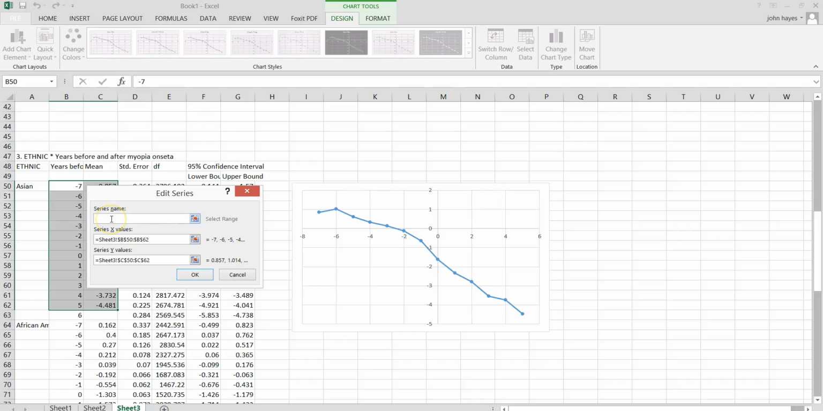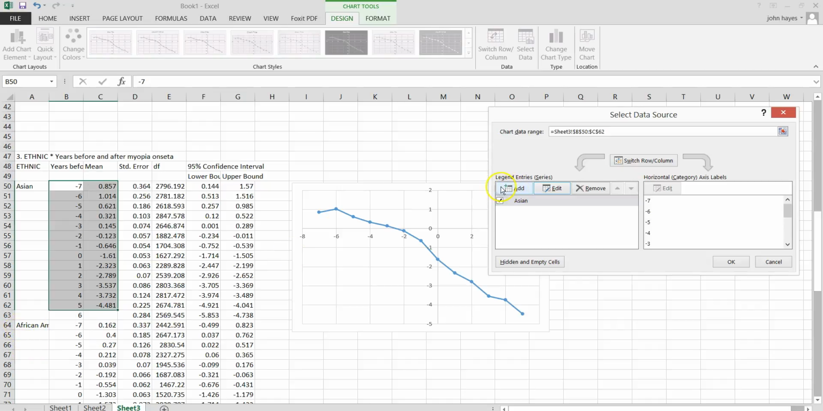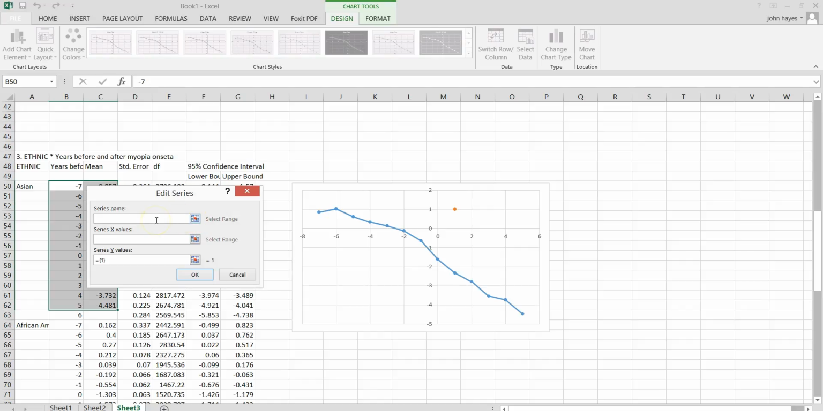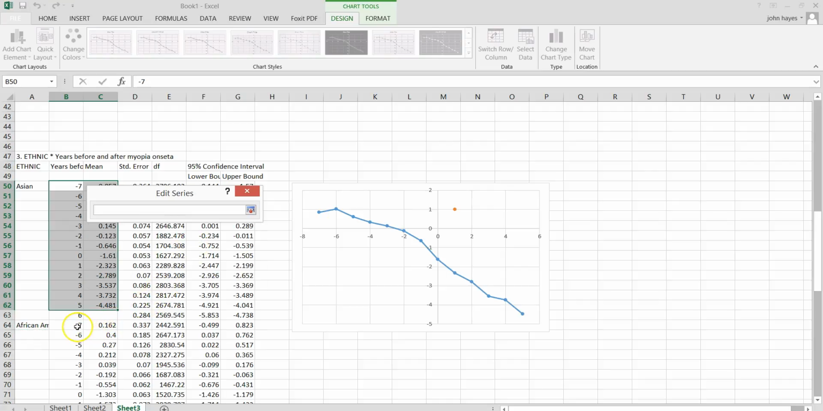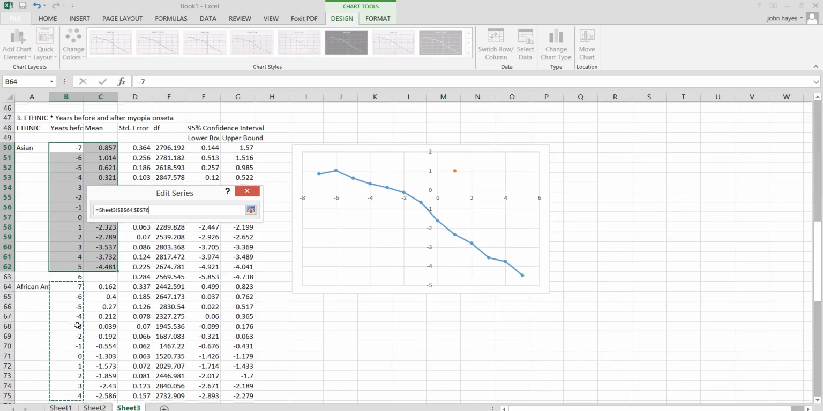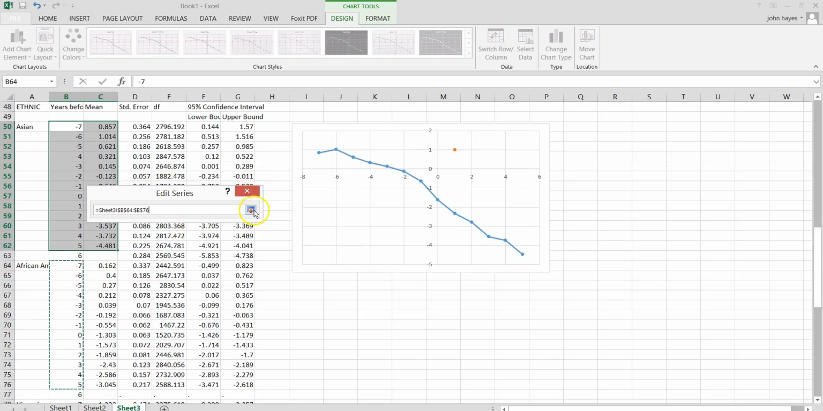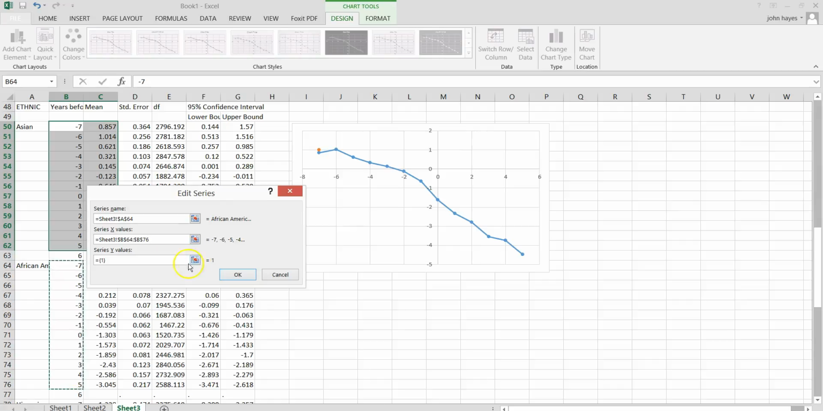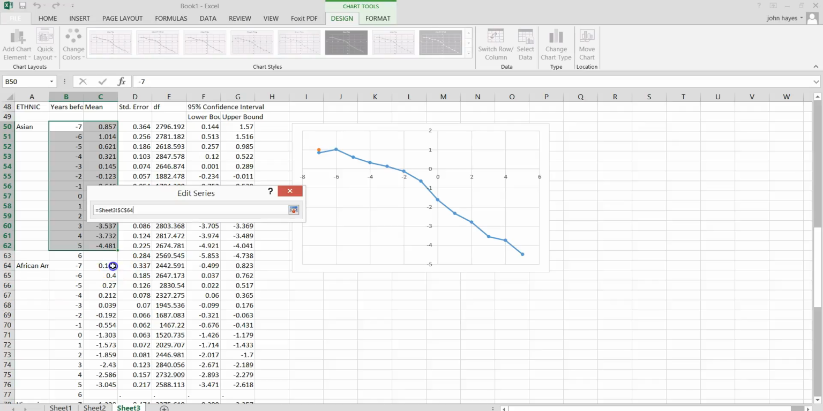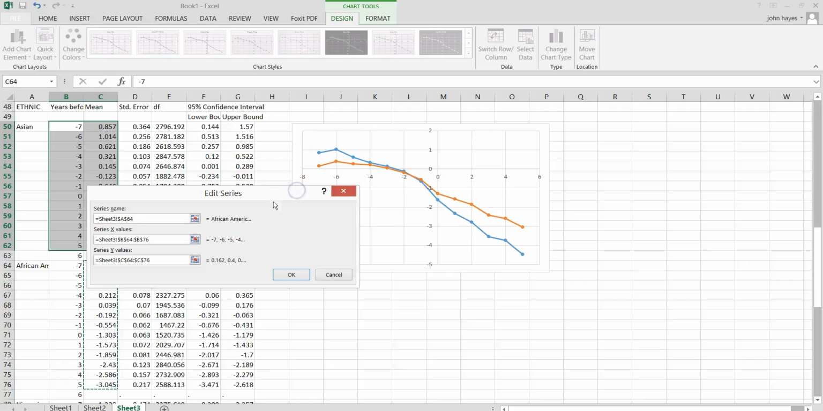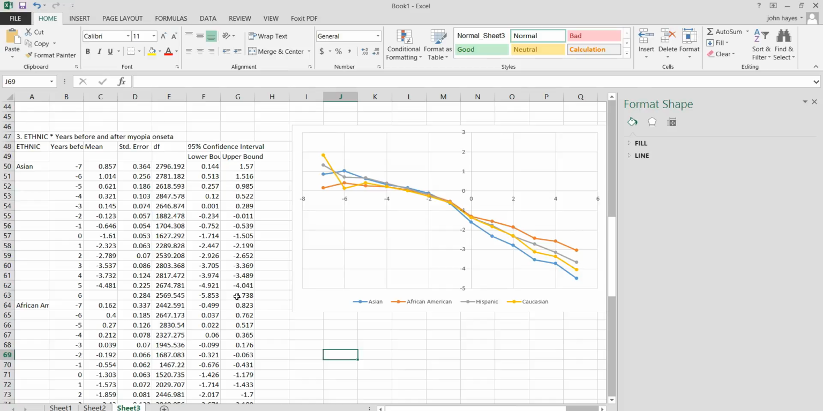1, call it Asian. Go down to add African American. The x-axis is -6.5. This is the y value, the series y values. Be right here. And through the magic of video editing, we add the other 4 lines, plus we go into